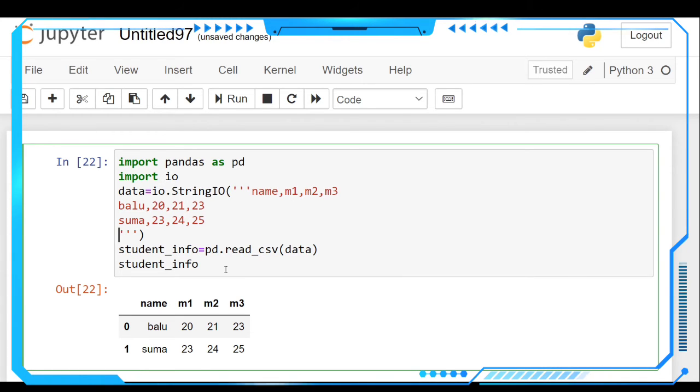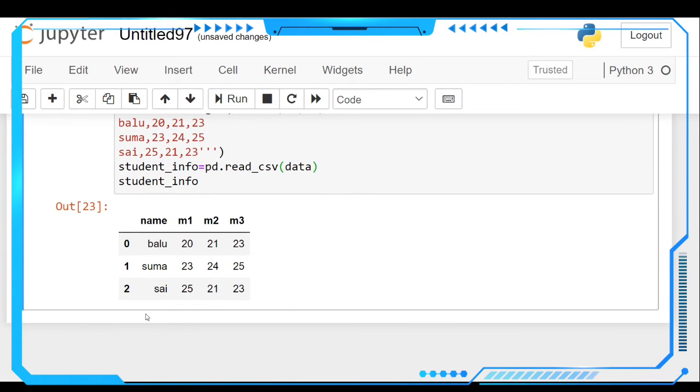Let us add another, Sai, here. Sai got 25, 21, 23, and let's run this again. See here, another record is added: Sai 25, 21, 23.